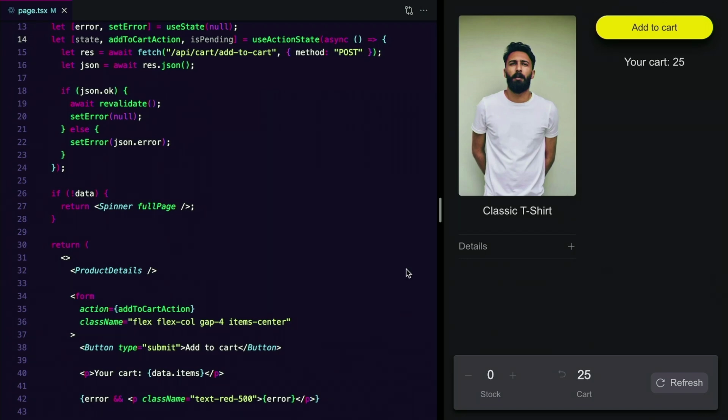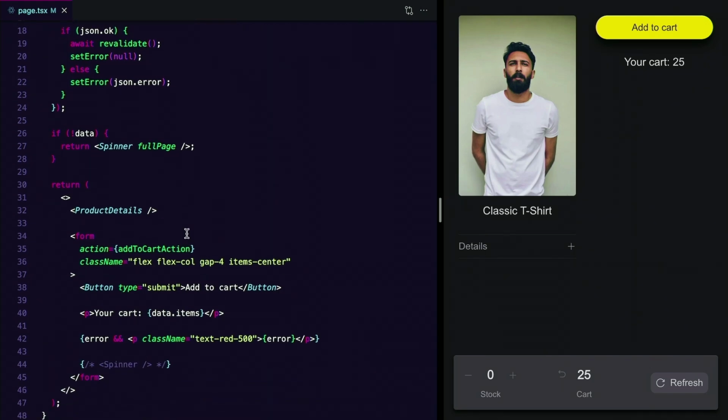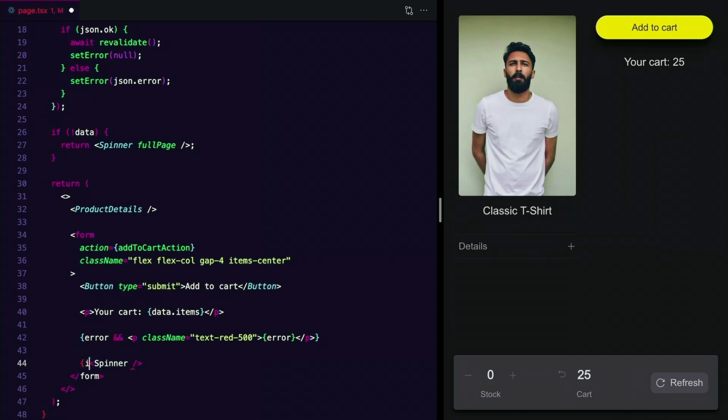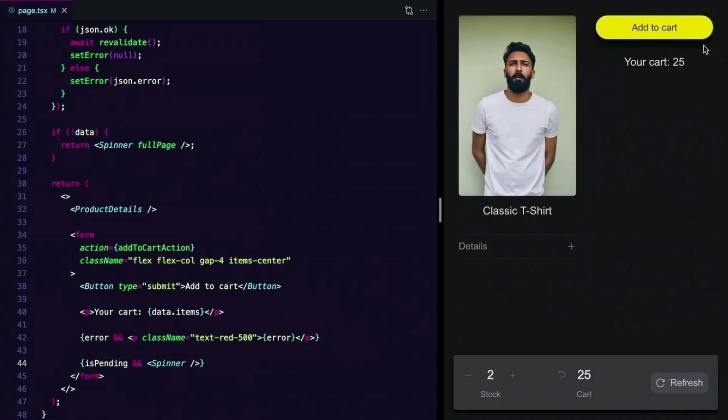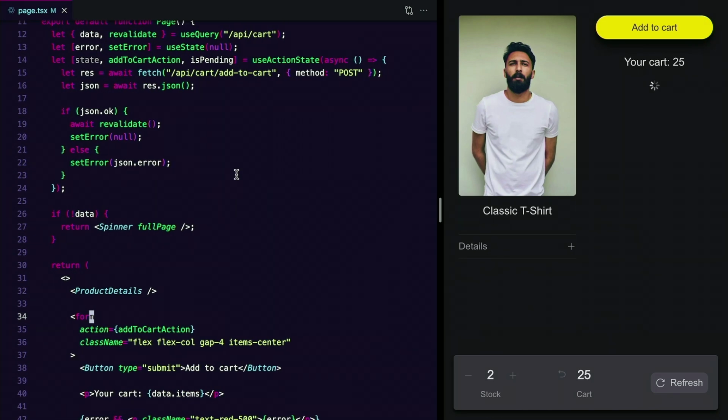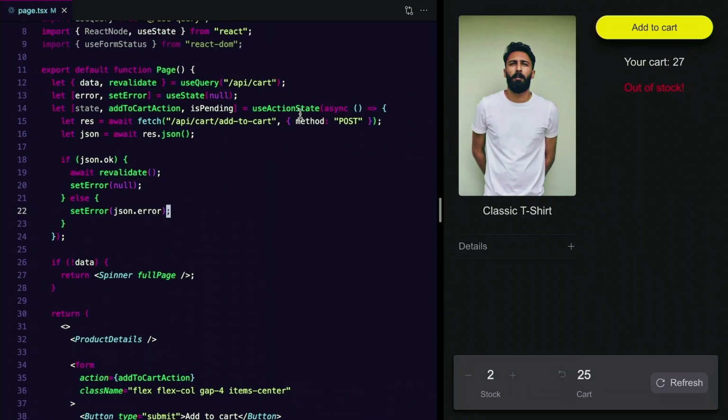And now if we use is pending to show our spinner, we should get back to where we had at the beginning. So is pending. Let's add some to our stock. 1, 2, 3. Pretty cool. Back in business. So I think use action state, and there's the update, I think use action state is going to probably be a pretty common way that you will get a hold of the action